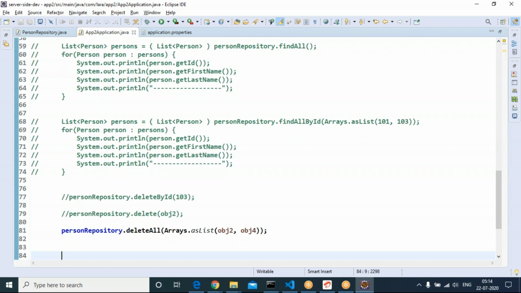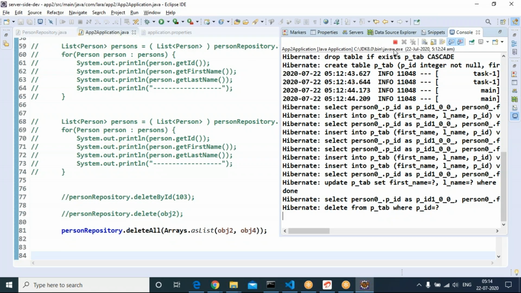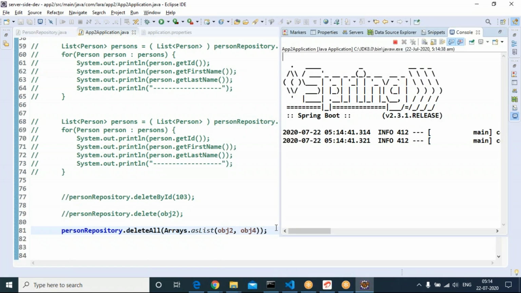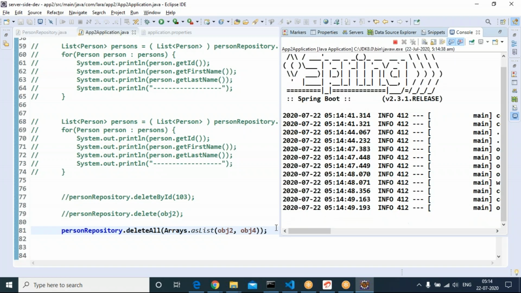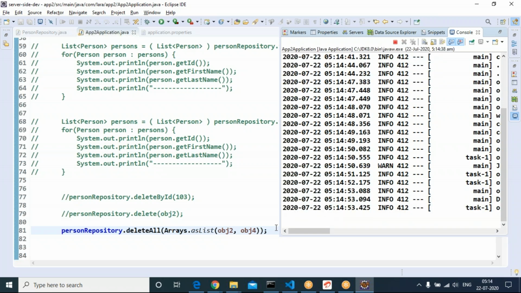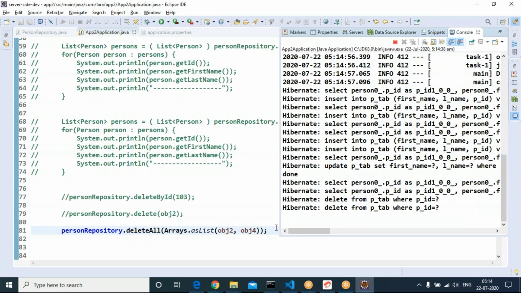Try running. Before running, check whether it is already started or not. Yes, already it is running. Control F11. Two objects got deleted.